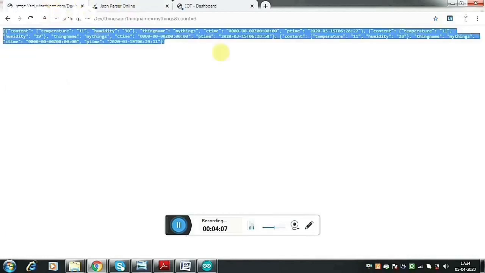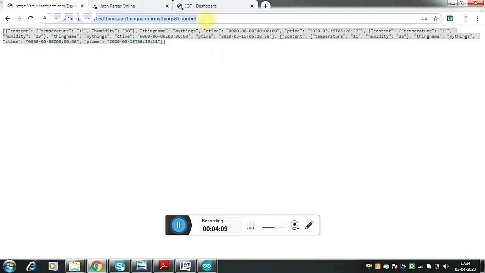So just remember, when you are sending data from your device, don't use any parameter called count, because our server will think you are asking for historical data. Okay, so that is it. I will do something with that, so it might go as an unknown bug to the user.